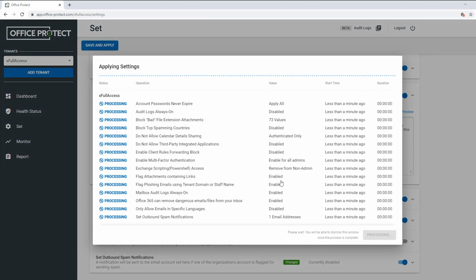Once I click apply changes, you can see the screen here that will show the settings as they are being applied. To ensure that your configuration is exactly the way that you expect it, it will apply each and every setting every time. The settings are being applied with some parallelism, which should ensure that it doesn't take too long. At this point, there isn't much more to do than to wait for the completion of the operation.